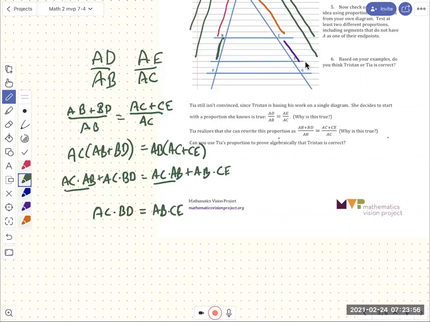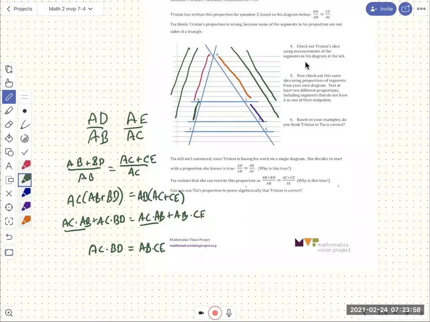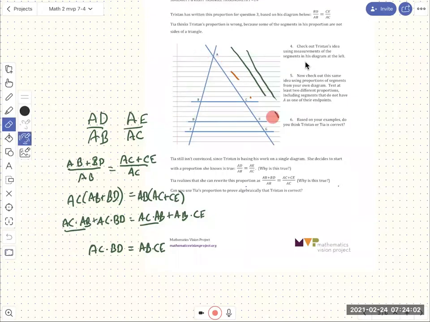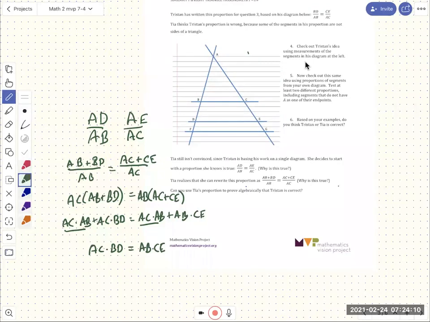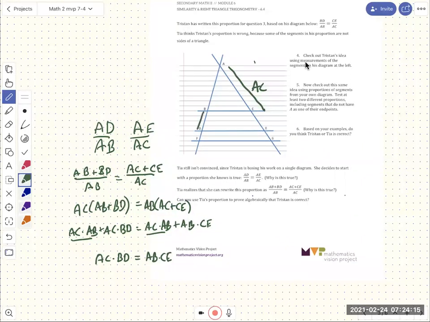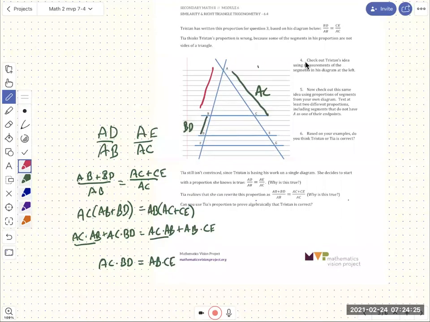So let's see what that means. Okay, so we'll go back up to our diagram and see what we're left with after this multiplication. So we've got AC times BD equals